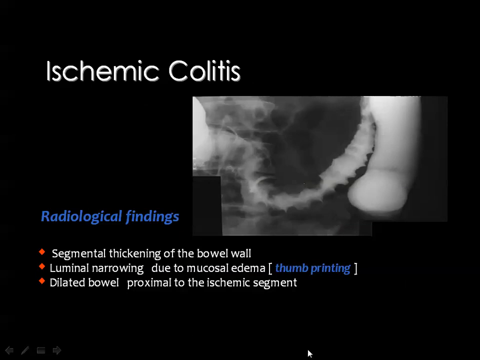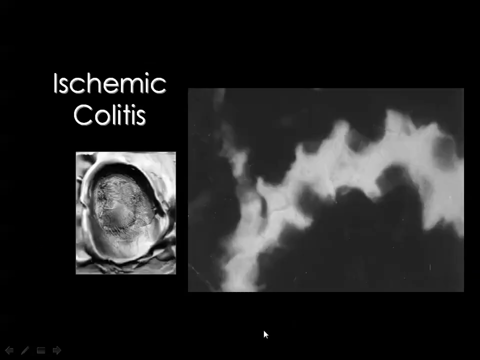The thumb printing is the sequelae of mucosal edema secondary to ischemic changes or compromise of the blood supply. Then the affected segment will be narrowed, and the proximal segments may be dilated. Then this is the classic appearance of a magnified segment of the colon, showing the typical thumb printing appearances due